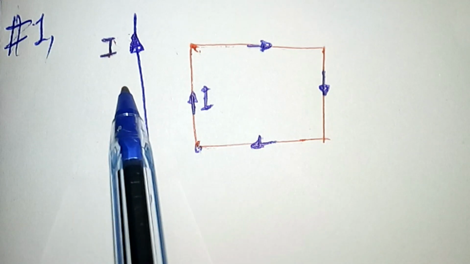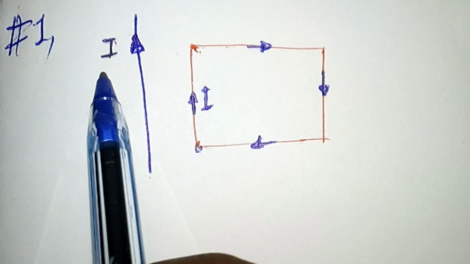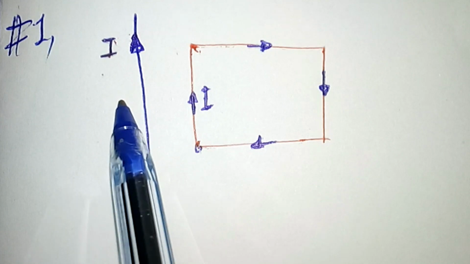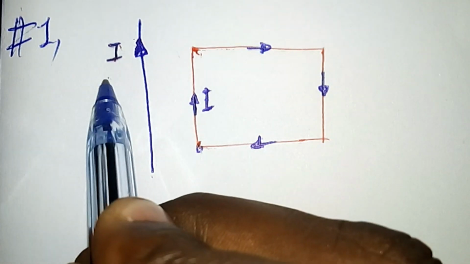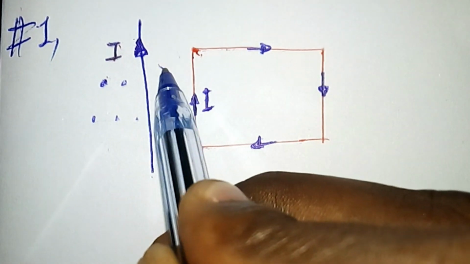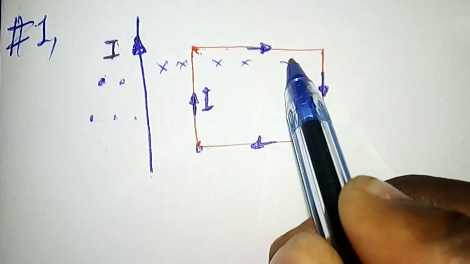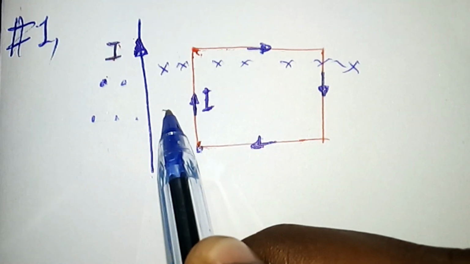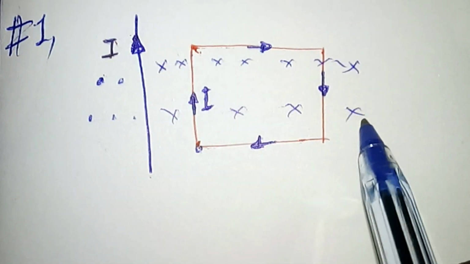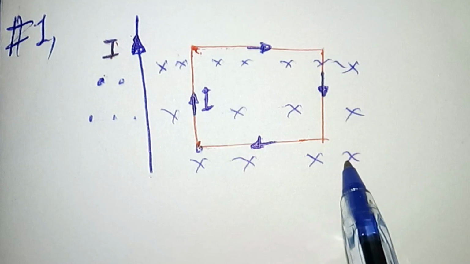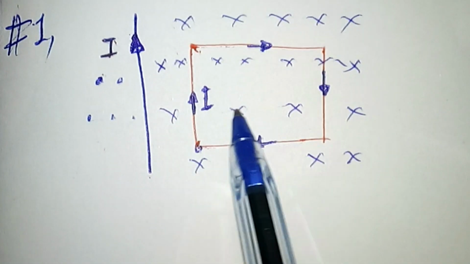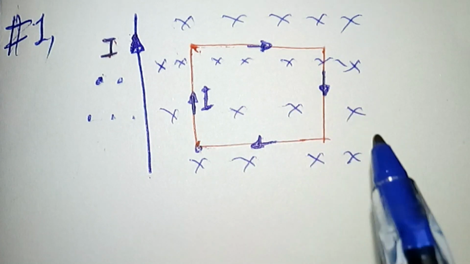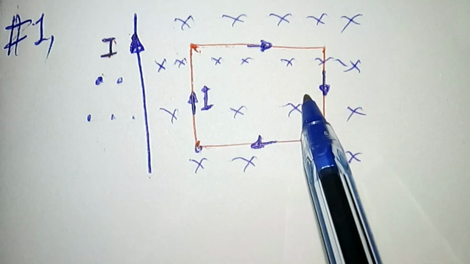concentric circles. So for the magnetic field of the wire, we can use the right hand rule. If this is the direction of the current, the direction of the magnetic field is coming out on this side and entering into these sides. So this means that the rectangular loop is in the magnetic field of a current carrying conductor, and along the right side of the wire, the magnetic field is entering the page,